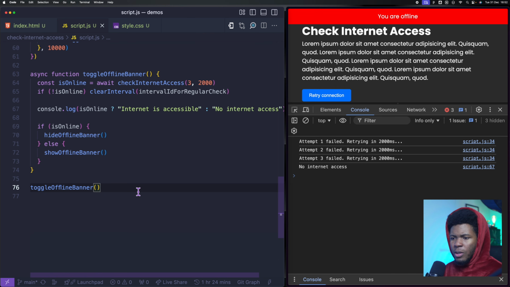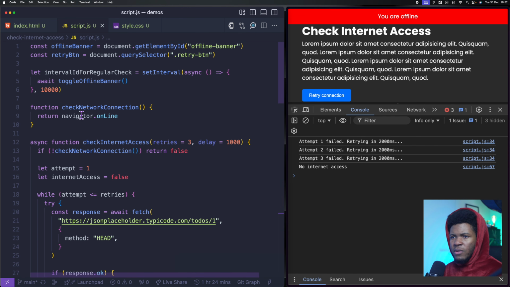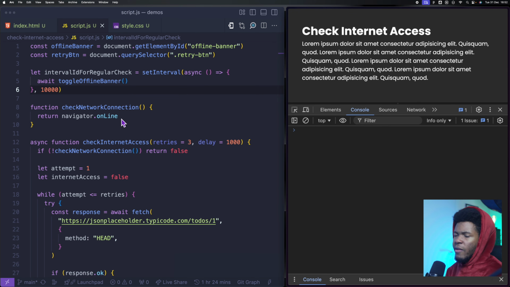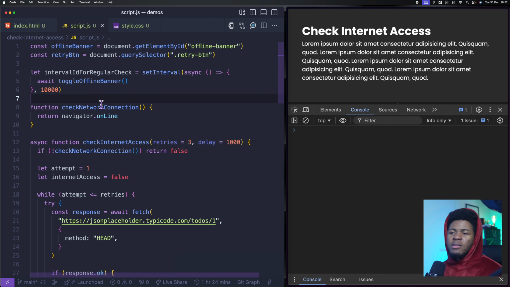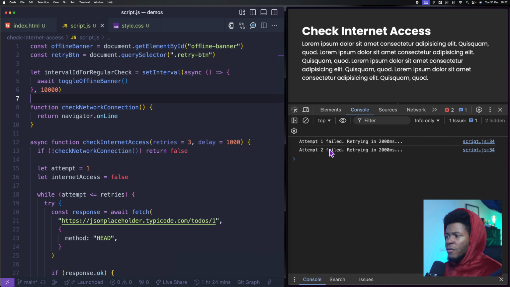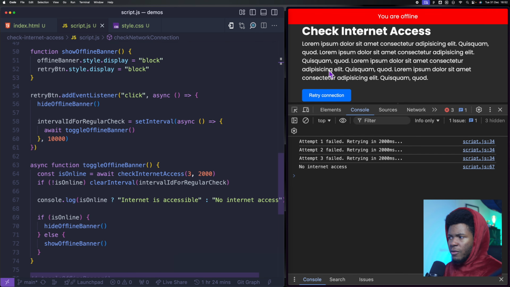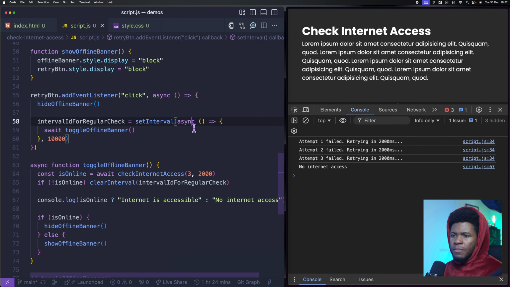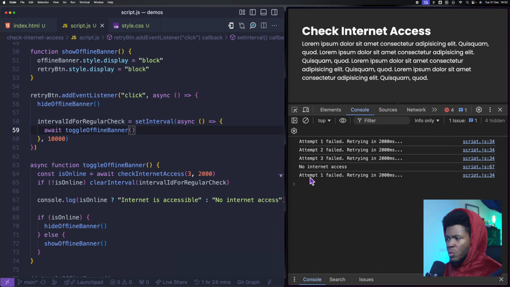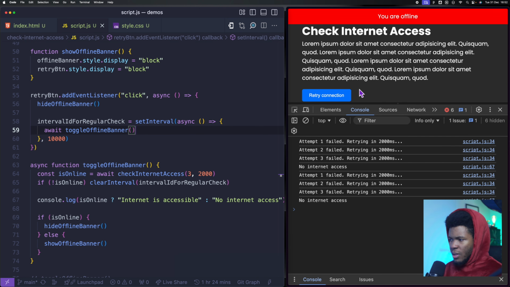So I'm just going to come here to comment this one. So we have this 10 seconds check. Now if I refresh, after 10 seconds, let's say the user is currently on the application, we have attempt 1 failed, attempt 2 failed, attempt 3 failed, and now we see that the user is actually offline. And for this button, if we click on retry again, after 10 seconds we're going to have something similar. After 10 seconds, we have attempt 1 failed, attempt 2 failed, attempt 3 failed, and we see again that